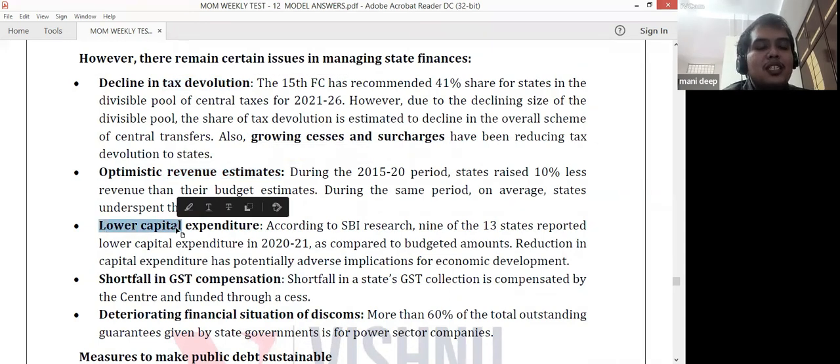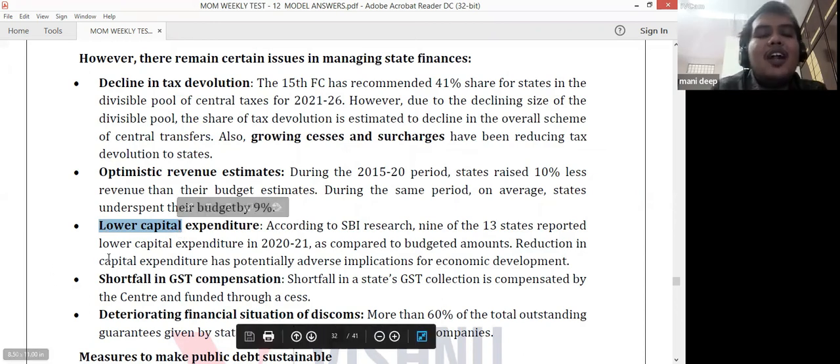Most of the states spend most of their amount on revenue expenditure. For example, if you take the state of Andhra Pradesh, 60 to 70% of the budget is going only for revenue spending, but the capital spending is very poor. So if you don't spend on capital expenditure, then it will hurt severely your social and physical infrastructure. So it will not be more competitive. And also the generation of employment and new wages will be limited.